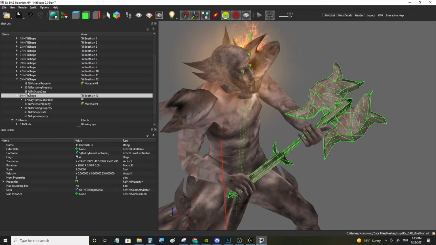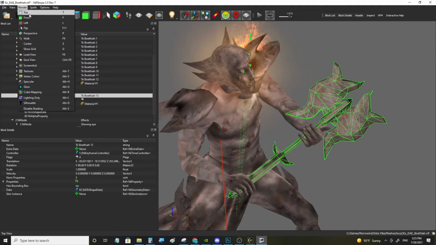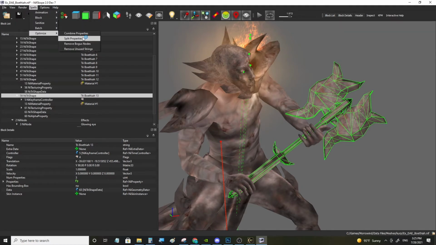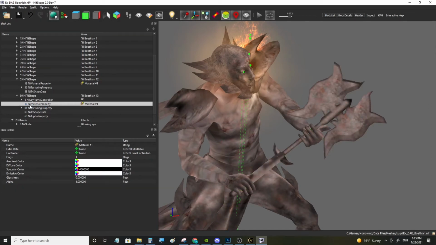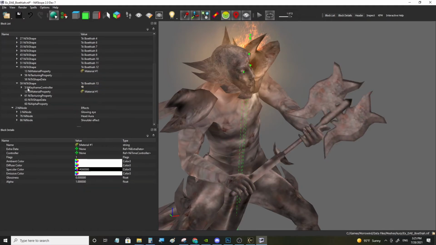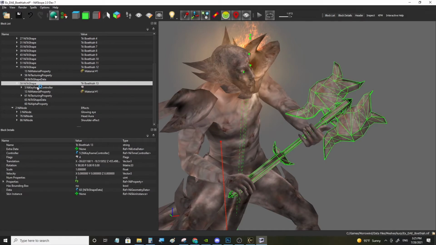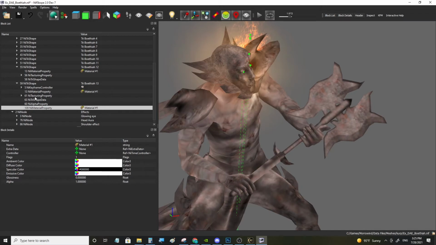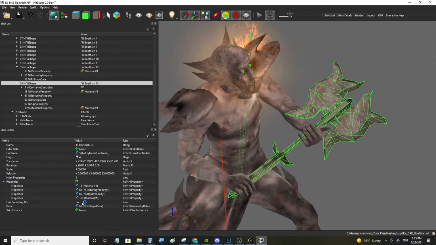We can split properties by clicking Spells, Optimize, Split Properties, but this will split all properties into individual ones, and I just want this to be separate, so I will just copy it, Ctrl C, and create a duplicate NiMaterialProperty and remove the other one, so it only has this new separate NiMaterialProperty,